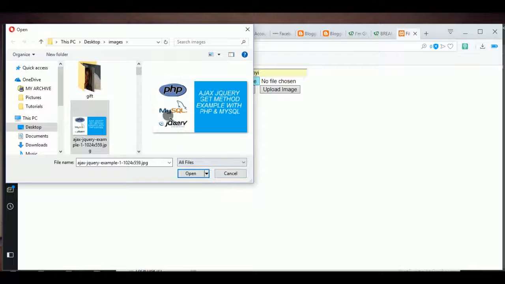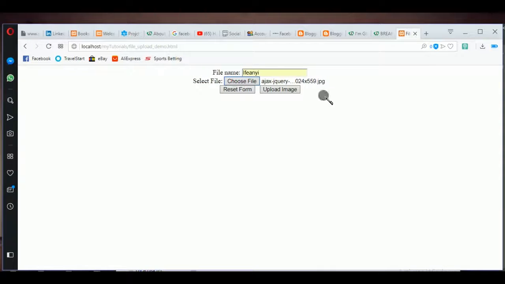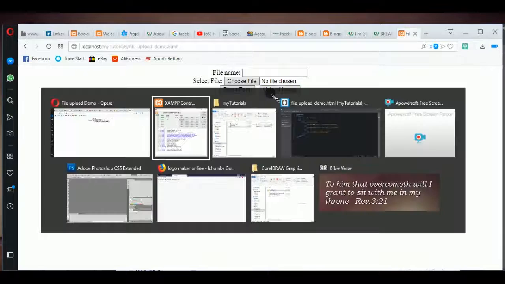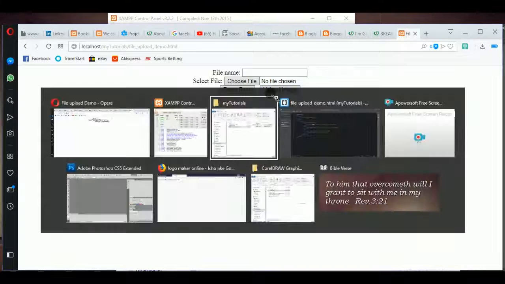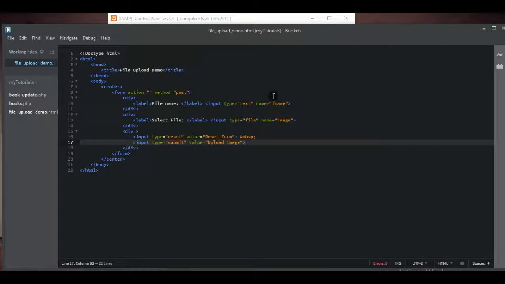We are not restricting or filtering anything for now. If I choose any image here, you can see the name appearing here. So in our form we've gotten this, and we can use the reset button to clear everything, and we can use the upload image button to upload. Now we can give our form a little bit of formatting. Let's just format the form a bit,